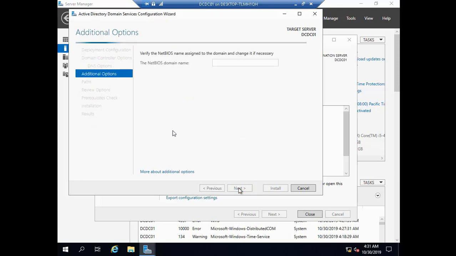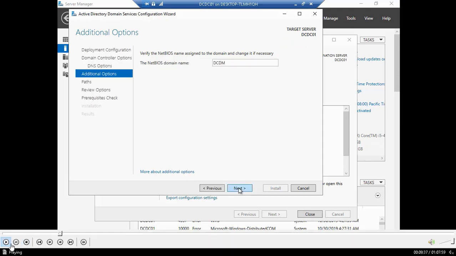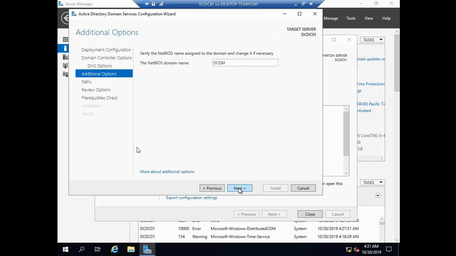so now here we will complete, and then it will ask you about the NetBIOS name. This is something like a short name for the domain. For example, sometimes we have a long name. My name, for example, is Karim Raouf Abdekrim whatsoever. So sometimes you have a brief name, Kuku, for example, or something like a short name. So the NetBIOS domain name is something like a short name for the domain. Our full domain name is dcdm.local, but our short name for our domain will be dcdm. Okay,